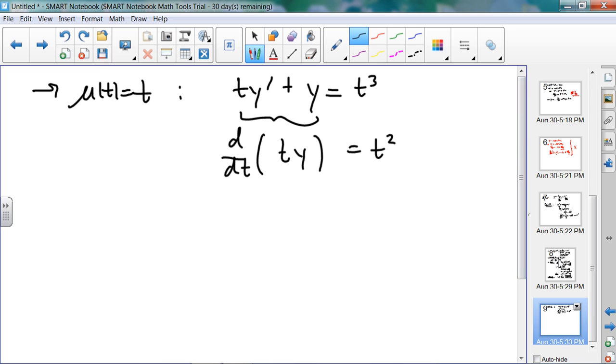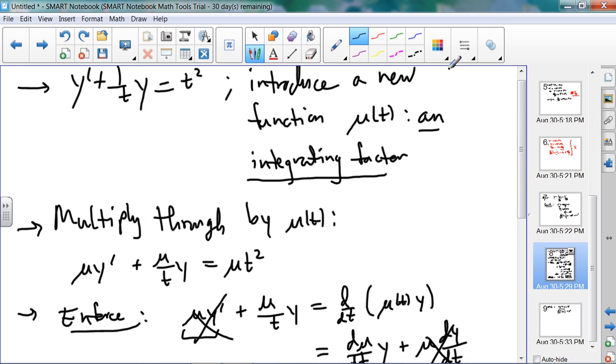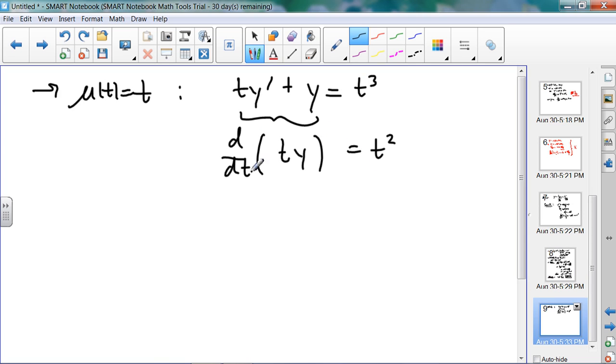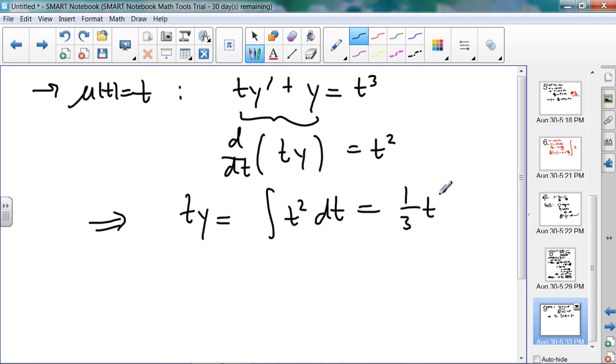And it shouldn't be surprising because that's exactly what we got over here. Right? So that's exactly our setting this equal to the derivative of mu times y. That's how we found mu in the first place. So that tells us what we've gotten here. And at this point, we've achieved the same thing we achieved for the first order homogeneous case. The left-hand side is a derivative of a product. The right-hand side doesn't involve any y's. So we can integrate both sides